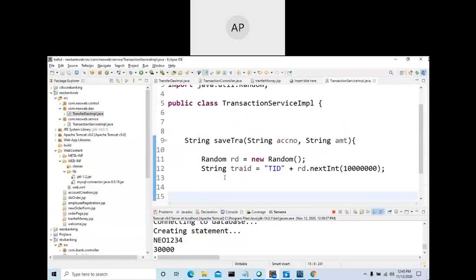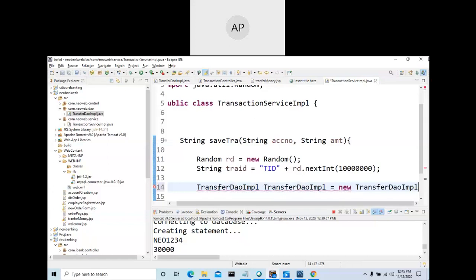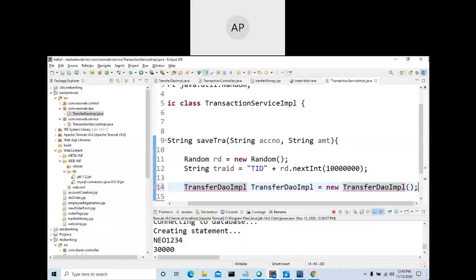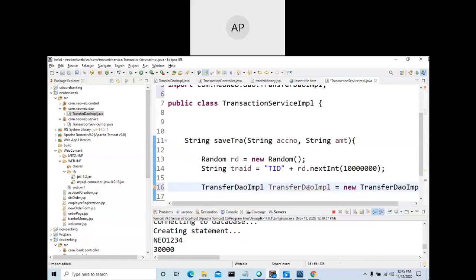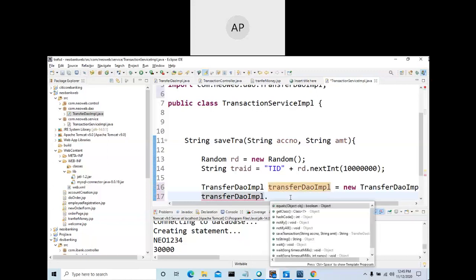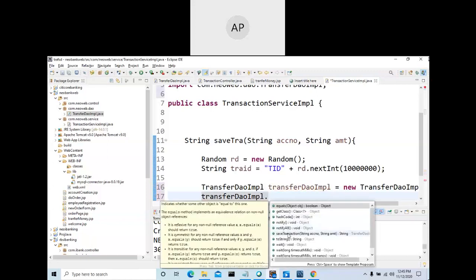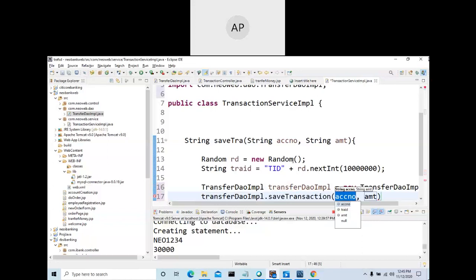Control S. I am introducing the service layer. Control C, Control V, equal to new, Control V, Control Shift O to import. You can type any name to be meaningful.